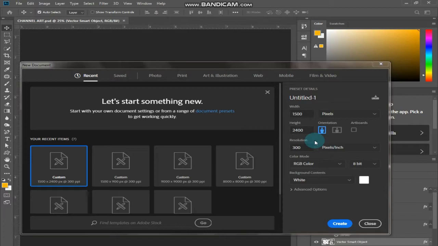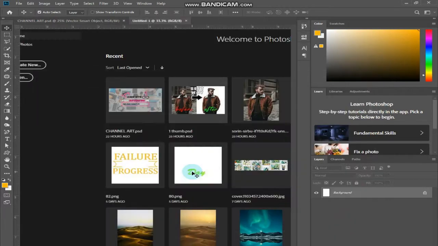The resolution is 300 pixels per inch, PPI. The color mode will be RGB color, or you can also set it to CMYK if you want to print it. For me, I am going to keep it to RGB color and 8-bit, and the background contents will be white. And let's go and create.